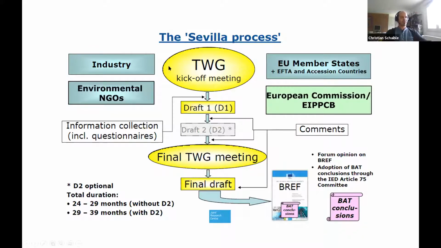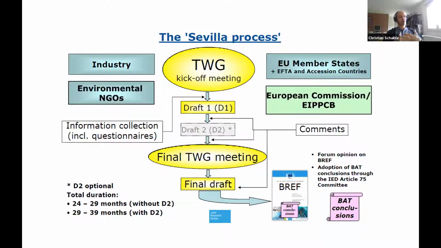So there are different phases in this review. The first one is the kickoff meeting, where you decide the scope, who will decide what information is key environmental issues. So what is to be taken up in the BREF as being of relevance to the environment. So there are some criteria. We don't agree with the Commission on how you kind of focus on what you should look at, but this is where it's being decided at the kickoff meeting.